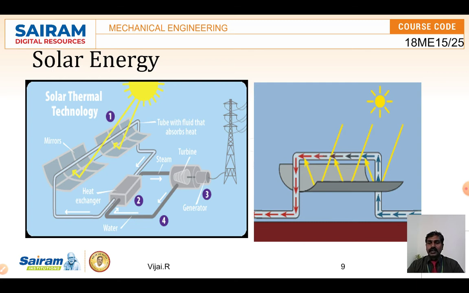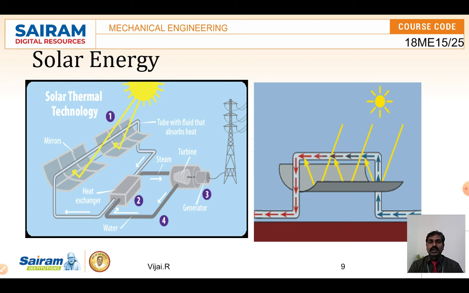In this figure you can see that solar energy is useful to heat water. If you keep a bucket of water in the sun, you get heat, but only in the top layer. That is the normal concept. We can instead make it with proper tubes, and if you place parabolic reflectors over them, the heat accumulates at a point, more heat is directed to the pipe, and the water flowing through the pipe can be heated easily.